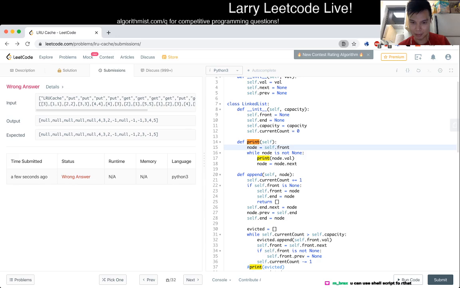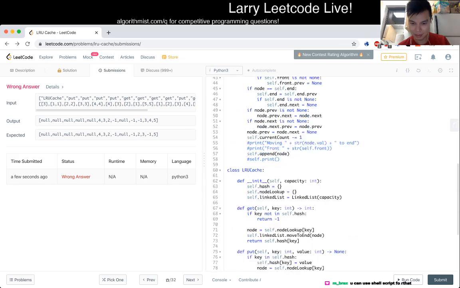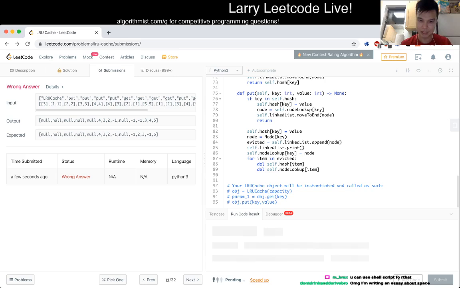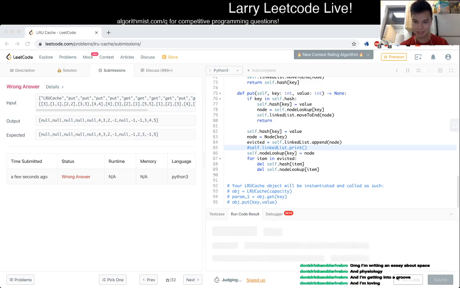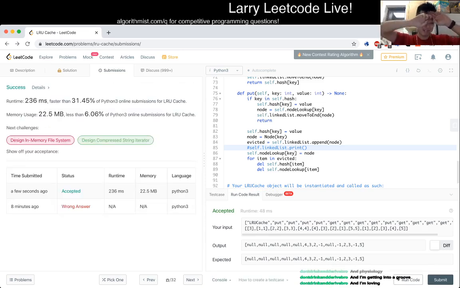Why does it still print stuff? How come this didn't get matched on my search? Okay. Come on, big money. Okay, cool. All right. Well, I was going to make some comment about